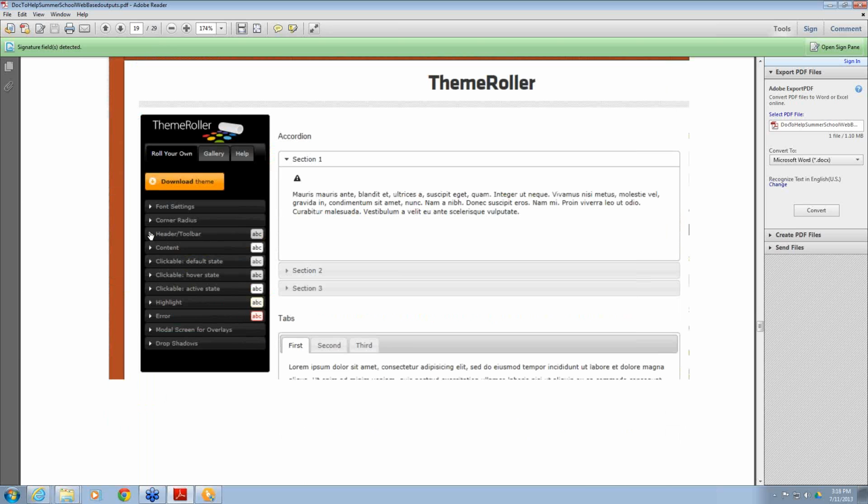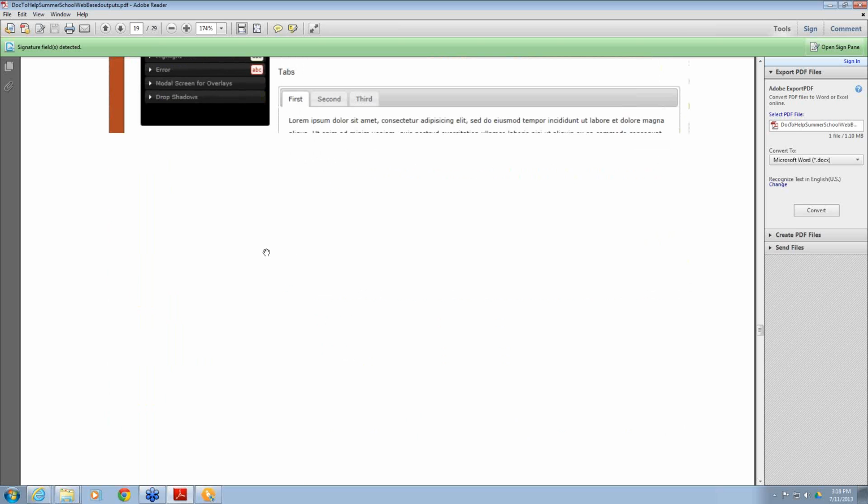Okay, so you would click on any of these arrows, use the color wheel to define the colors for your backgrounds, your fonts,